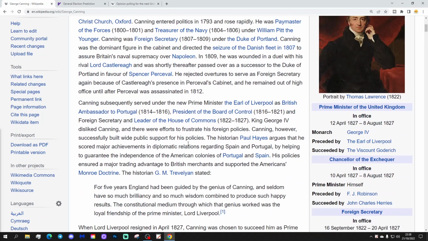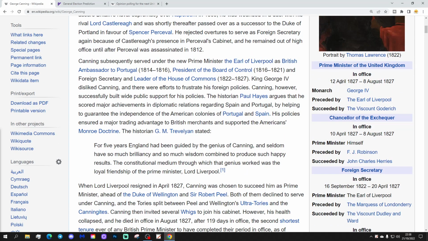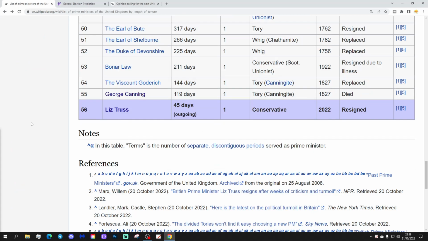His reign was from the 12th of April, 1827, to the 8th of August, 1827, 119 days, and unfortunately he died. That's the reason he stopped being Prime Minister after 119 days. The day he stopped being Prime Minister was also the day that he died. So he has held that for, what is that, about 195 years. For 195 years, George Canning